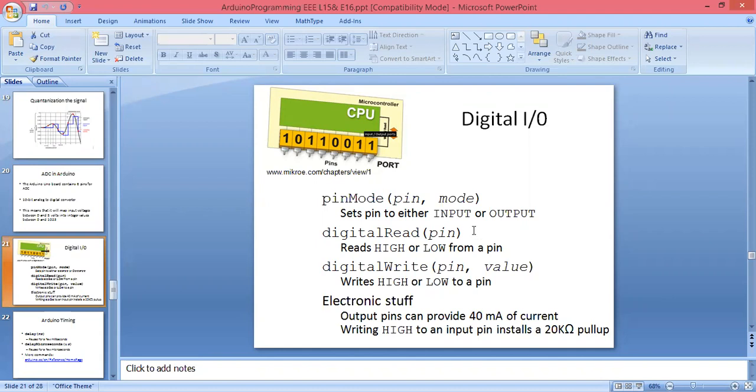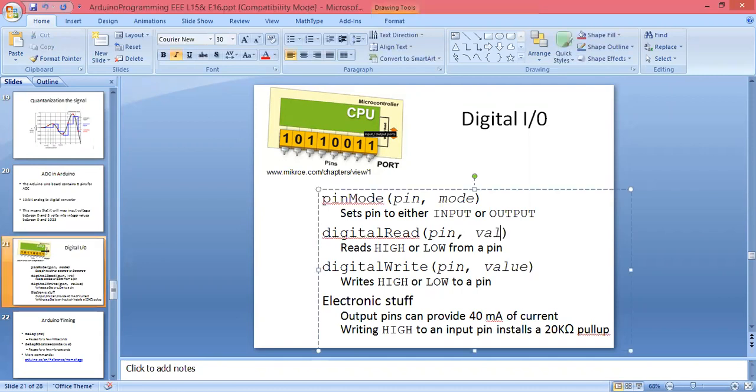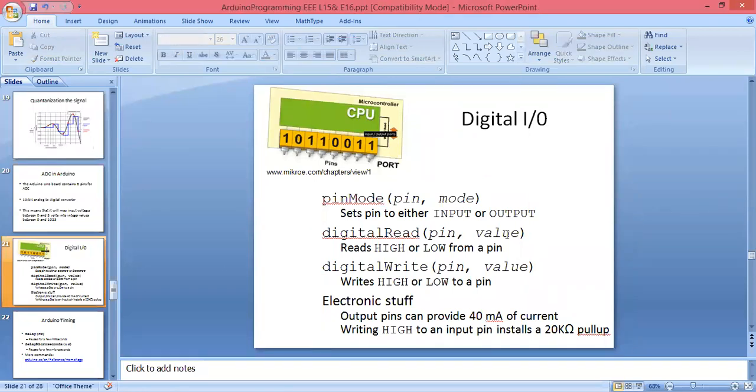What we have to give here is the pin and a value that will be high or low. So we can write digitalWrite in brackets, pin comma value. Instead of value, you can directly write here high or low. If you are writing high in digital, we have high as the value 1. So if we are writing 1 and you are writing the pin number, for example if we are doing LED interfacing,